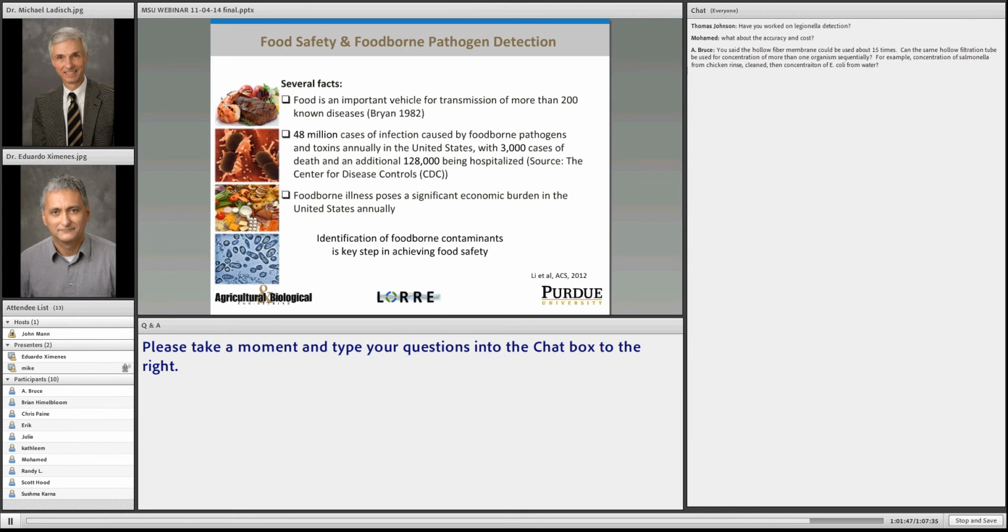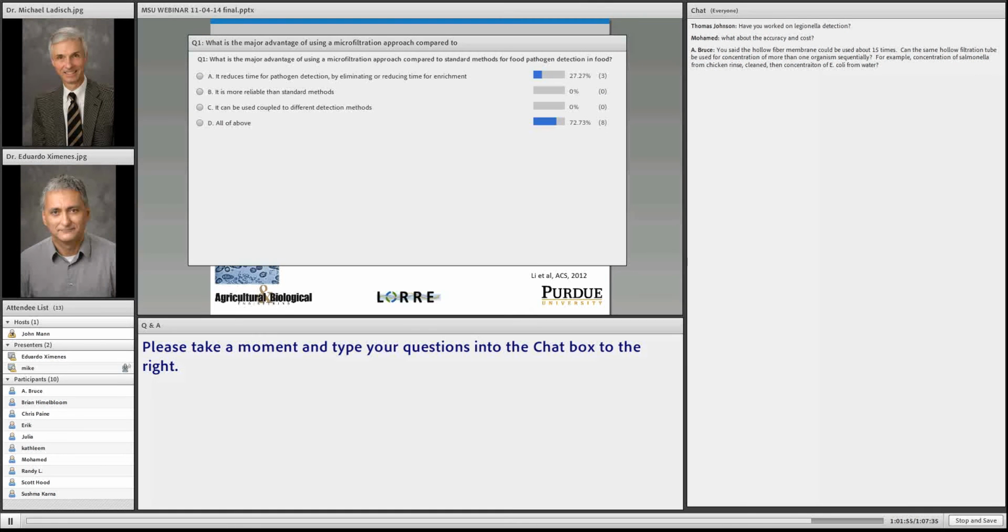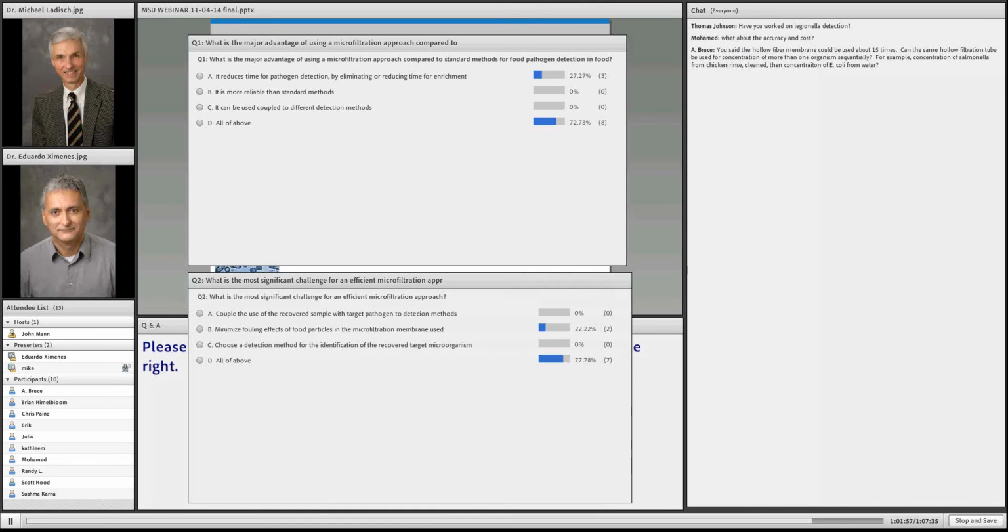Well, from that perspective, I think the key is to work with others, with the industry, in order to validate this methodology, make sure it meets the requirements of the USDA or FDA, depending on the type of food that's being tested. We're also working with our colleague at Purdue University, Amanda Deering, and she is quite an expert in the vegetable area. And so again, in working with her, we have learned that the requirements, or the way things would be tested for vegetables, for example, not surprisingly, is different than ready-to-eat meats, which would be different from fresh